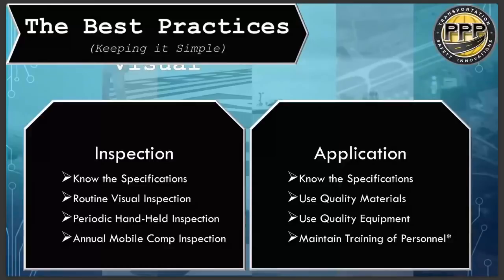Certainly periodic handheld inspection, just in my experience, just like Greg said, I use that on small markings, or when I'm doing quality control, for example, watching a contractor. If I'm providing quality assurance, I'll use that handheld unit to verify that all the reflectivity is what it is. And then the mobile, the more comprehensive inspection, that's what we use when we're doing airfield-wide reflectivity analysis. And then certainly,